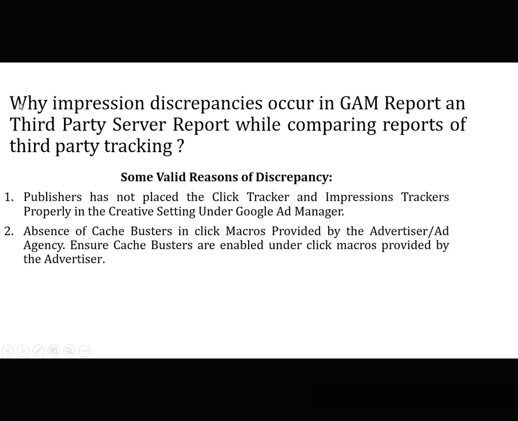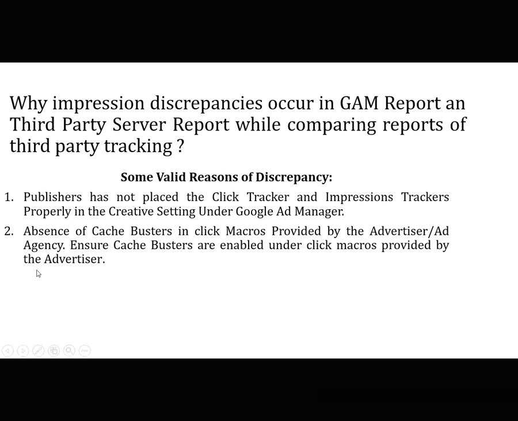First question is, why do impression discrepancies occur in Google Ad Manager reports and third-party server reports while comparing reports of third-party tracking? Some valid reasons for discrepancy are that publishers have not placed the click tracker and impression trackers properly in the creative settings under Google Ad Manager. So publishers need to cross check whether the click tracker and the impression trackers given by the third-party agency or the ad agency or advertiser have been placed properly in the creative